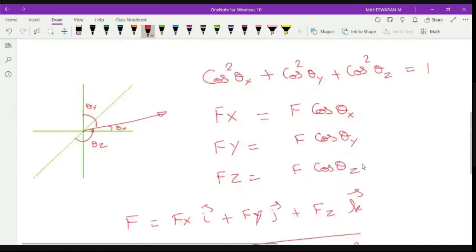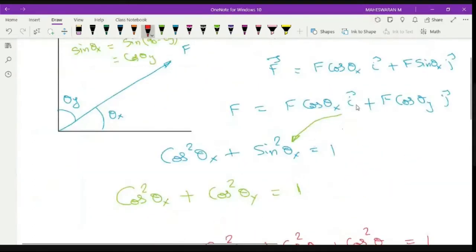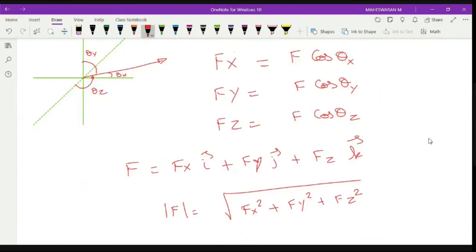So this is another set. What I am writing here, what is indicated here, right? Whatever the term in i, we call this Fx. Whatever the term in j, we call it Fy. Whatever the term in k vector, we call it Fz, right? So i vector is for X, j vector is for Y, and k vector is for Z, right? And the modulus of this is your magnitude. I can also put it like this. The magnitude you can identify from Fx square plus Fy square plus Fz square, right?